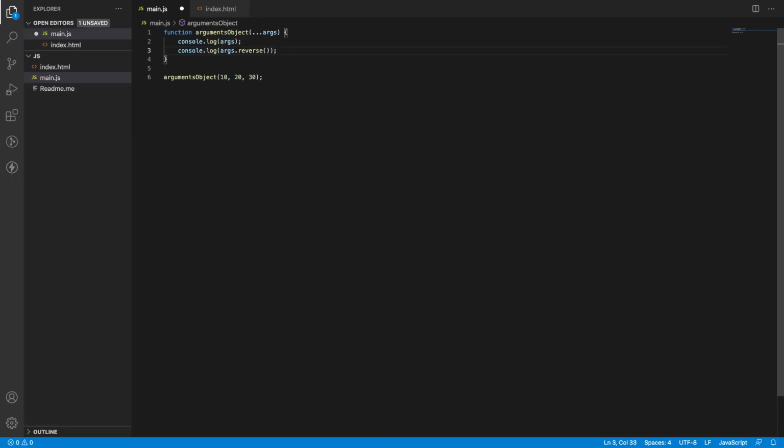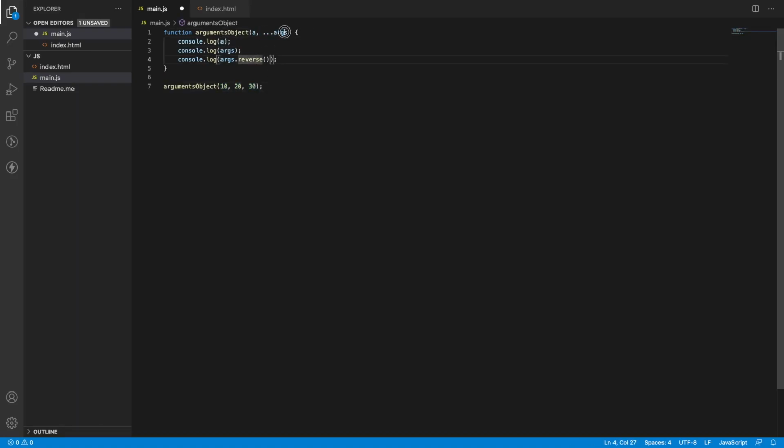Now, in a few scenarios, you may have mandatory parameters along with dynamic parameters which you don't know in advance. For example, a, comma, ...args, the rest operator or rest parameters. Now I want to pass 10, 20, 30. The first parameter a maps to the first value 10, so 10 will be stored in a. And for 20 and 30, there are no other named parameters.